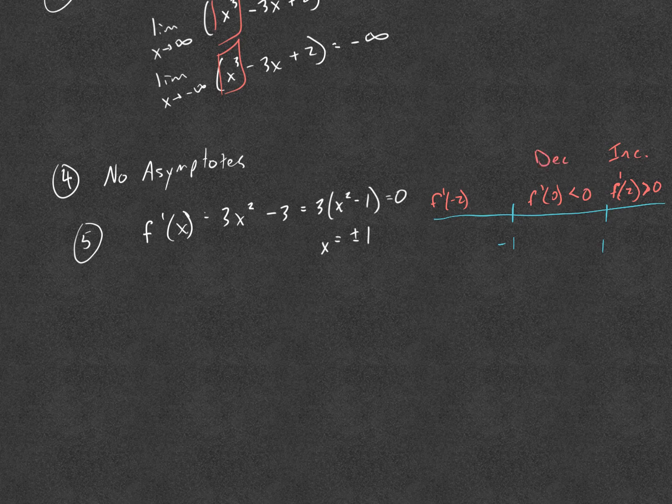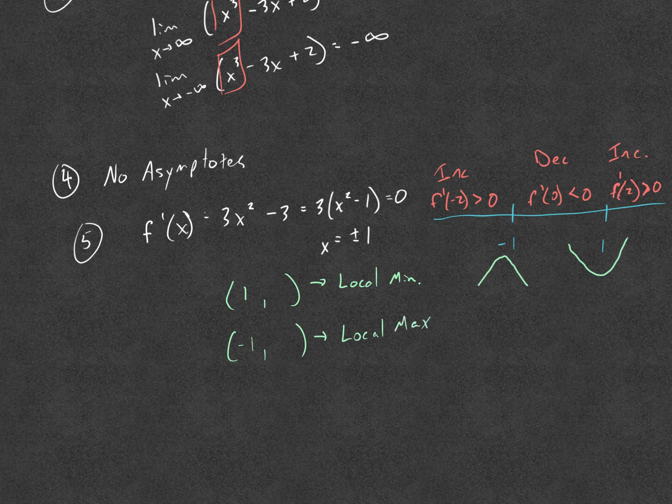You substitute negative 2 in, square it, positive 4 times 3 minus 3, positive. Greater than 0, we are increasing. So that tells me that at positive 1, comma, some y coordinate, we have a local, let's see, well, what happens at positive 1? We go from decreasing to increasing, so that would be a local minimum. And at negative 1, comma, some number, we go from increasing to decreasing. That is a local